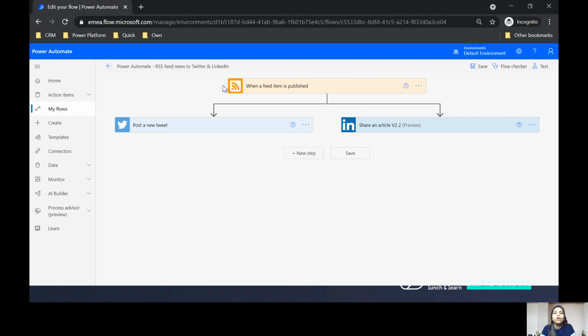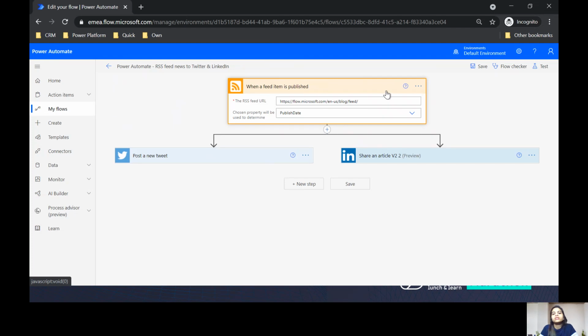Over here, this is a very small and sweet flow. The reason is it has an RSS feed connector, a Twitter and a LinkedIn. For some reason, I did not want the same information to flow to my email box, so I deleted the email section. What it is doing on a high level is, whenever an RSS feed blog is posted, it will go and post a tweet about it, and it will also share an article, meaning that whenever you open the tweet or an article, you will know that a new thing has been published and you don't have to Google about it, right? So over here, as the name suggests, this is related to the Power Automate RSS feed.